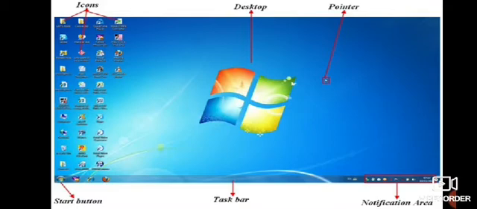Now one notification area is there. The notification area is on the right side of the taskbar. So on the left corner there is a start button, and on the right corner there is a notification area. It displays small icons that notify you about tasks that are happening on your computer.